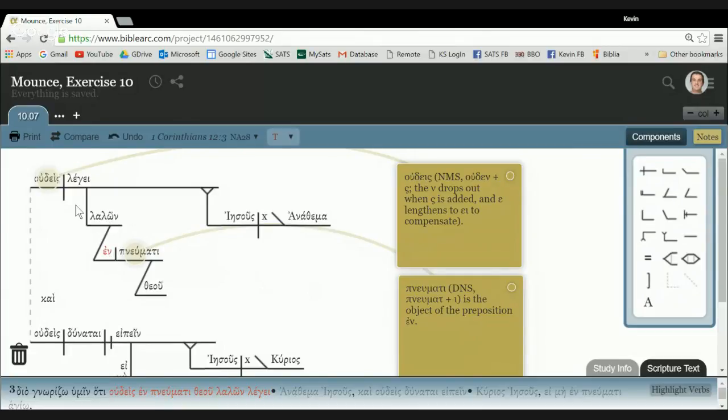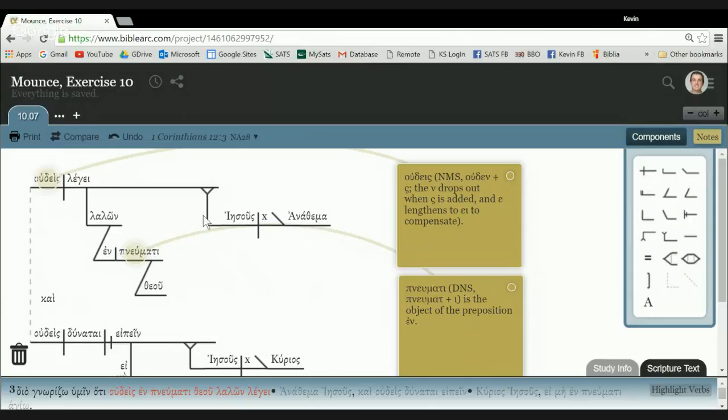Prepositional phrases always modify a verb. This is a verb, speaking. So no one says, while speaking in or by the Spirit, theou, of God. So the genitive of God is telling me something about Spirit. It's telling me whose Spirit or which one. So no one speaking by the Spirit of God says,